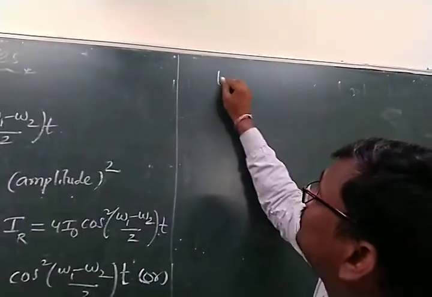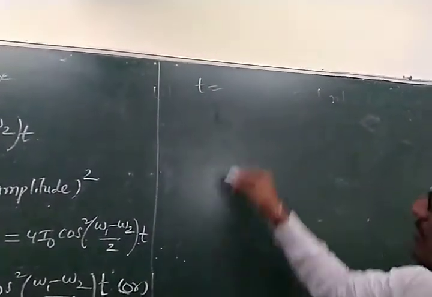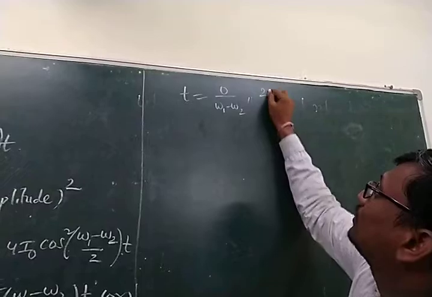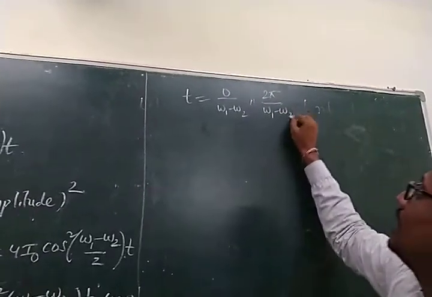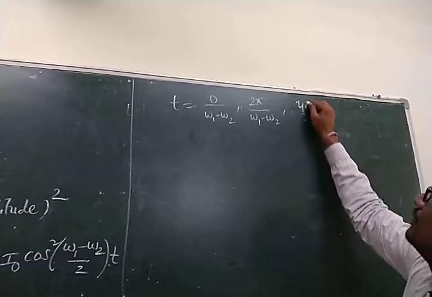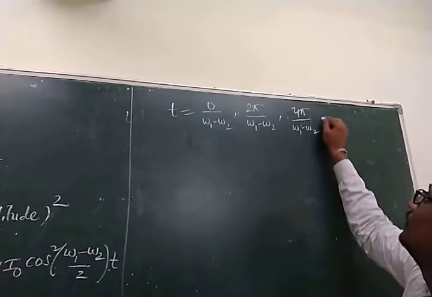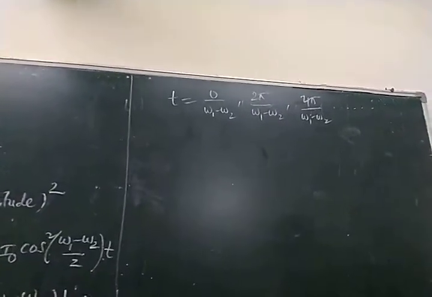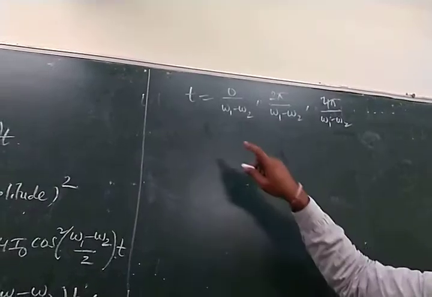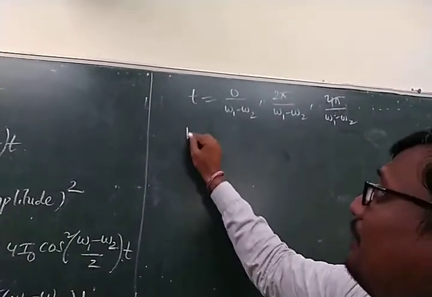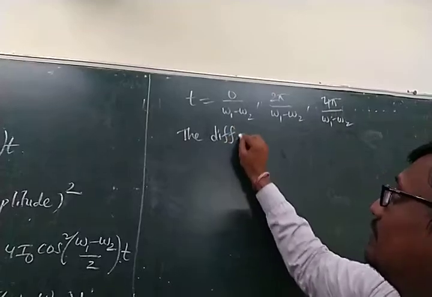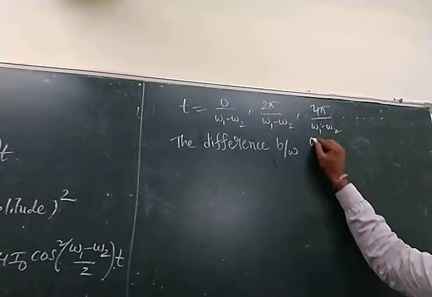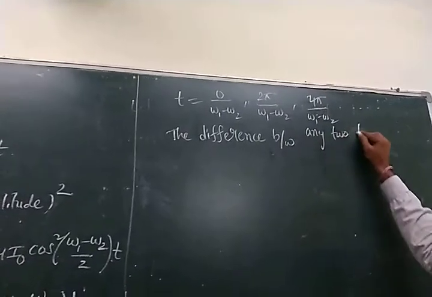Now we can write the time t is equal to 0 by (omega 1 minus omega 2), 2 pi by (omega 1 minus omega 2), 4 pi by (omega 1 minus omega 2), and so on. This is the time interval for the condition of maximum intensity. Now the difference between any two time intervals